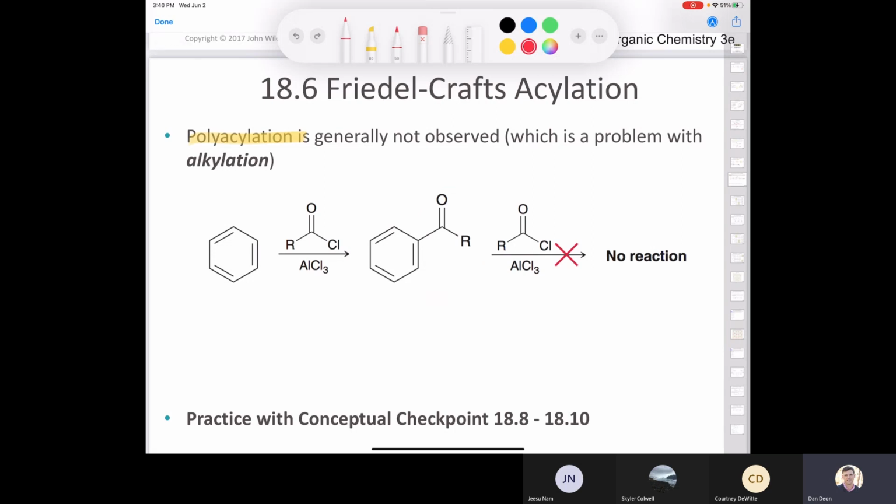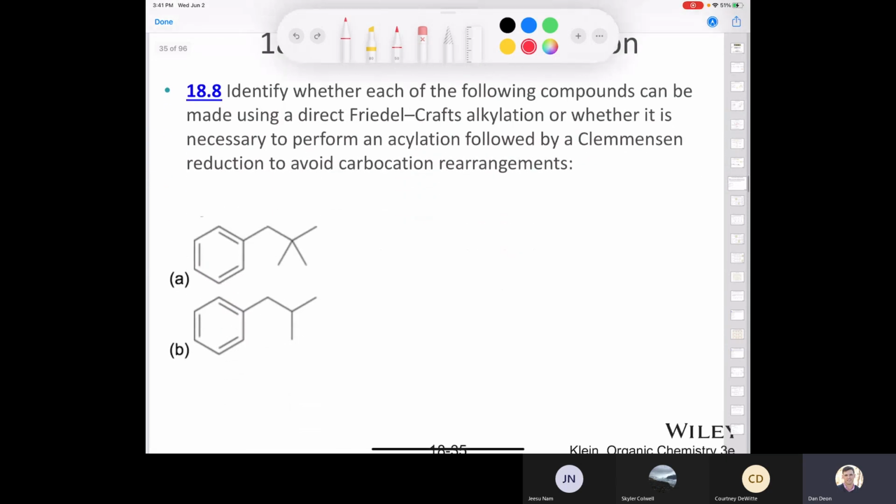And that covers everything that you need to know about Friedel-Crafts acylation. With that in mind, let's take a look at a problem where we have to apply our knowledge of Friedel-Crafts acylation. It says identify whether each of the following compounds can be made using direct Friedel-Crafts acylation, or whether you have to do direct Friedel-Crafts alkylation, or whether you have to do an acylation followed by a Clemmensen reduction. Well, what I like to do for these ones is solve them using retrosynthesis, right? If we start with A, if we think about this going backwards, we would need to have